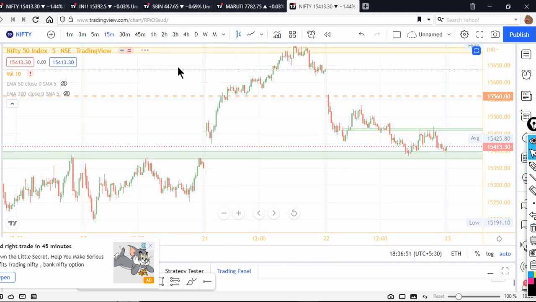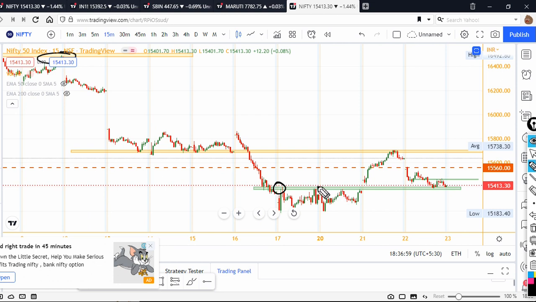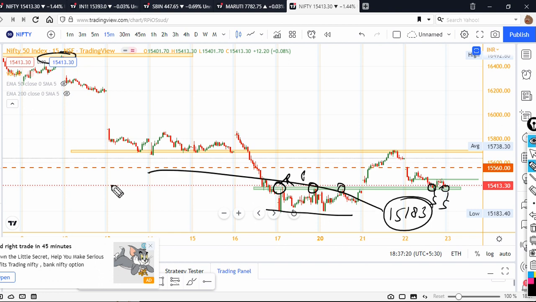Some analysis which we did in the Friday video will still remain. Guys, understand that this level, which we can see on Friday and Monday, was working as a resistance. There is every chance that this area will work as a support. This area, 15,183, still stands as a very important support, because this area was a double top resistance in March 2021. So if the market opens flat tomorrow,